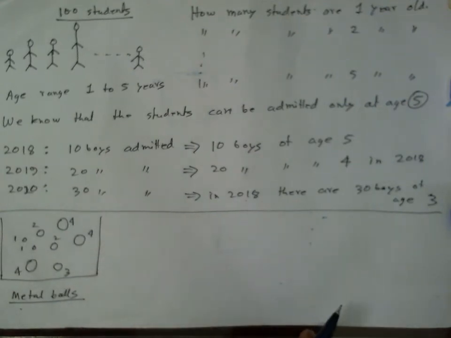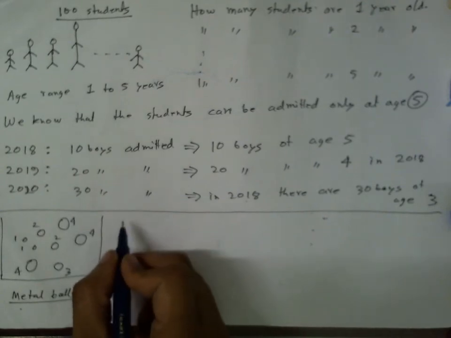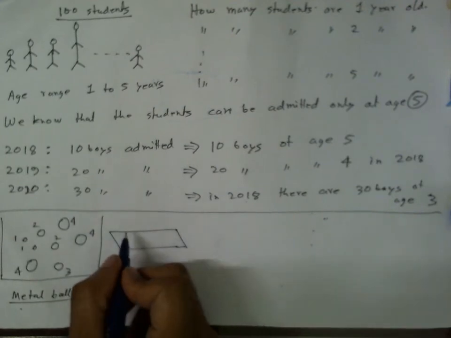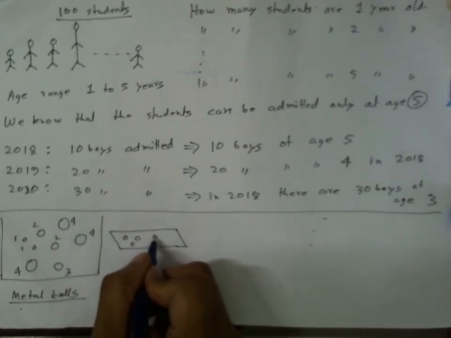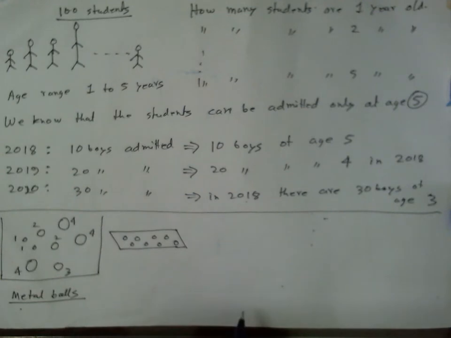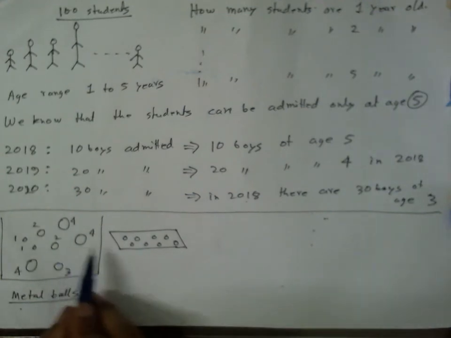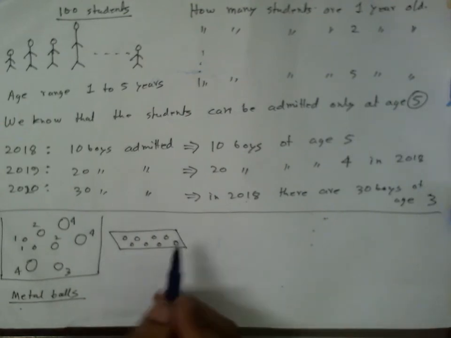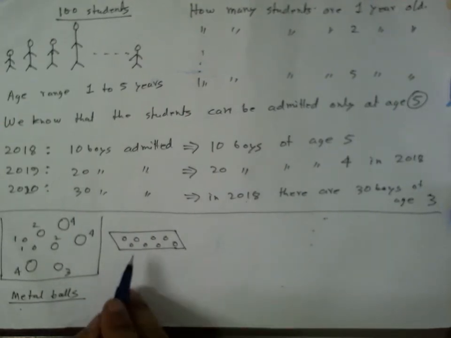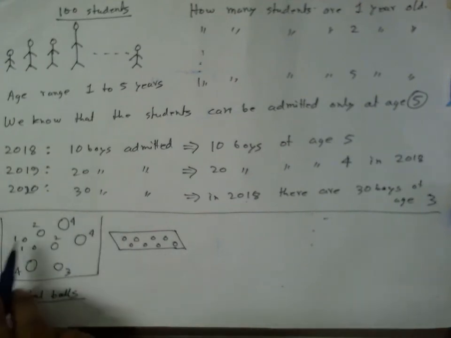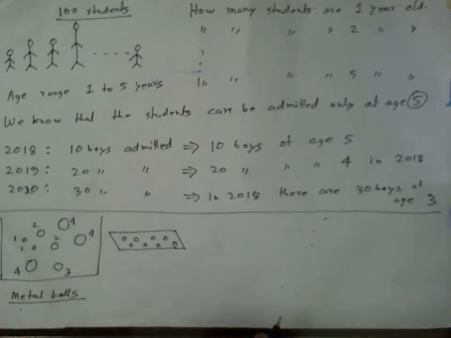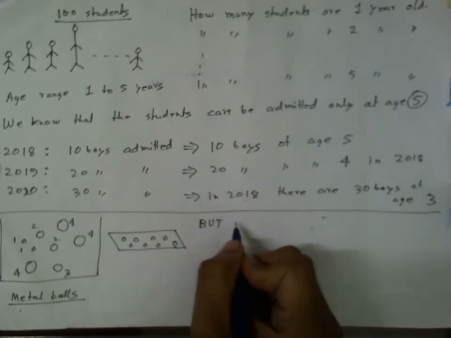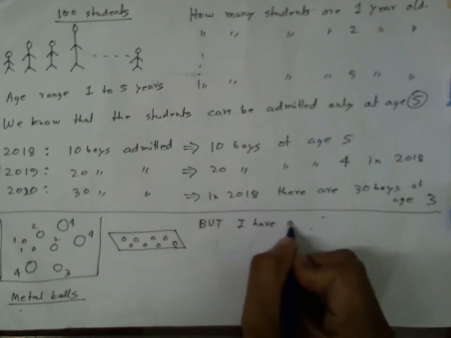So what do I need? Definitely what I need is a filter. I need a filter which has holes in it with a specific diameter, and only balls that fit this hole can pass, and no other balls can pass. So using this filter I can separate balls of different diameters. But here is the twist. I have only one filter,